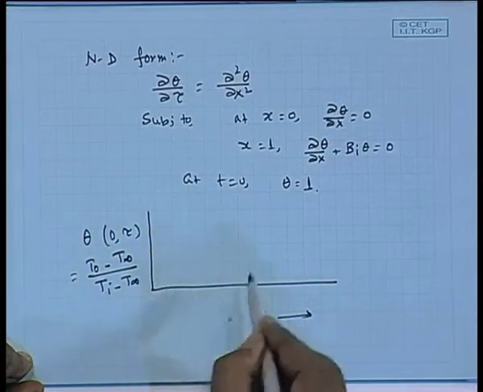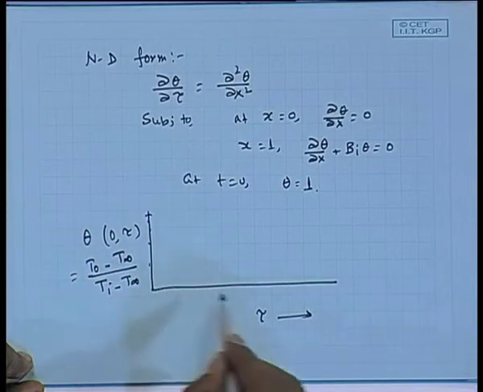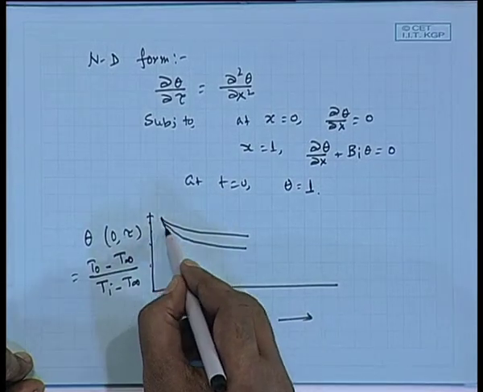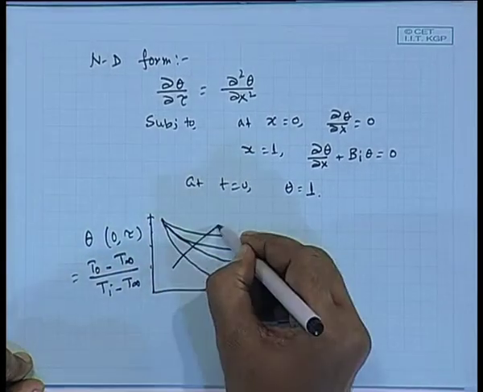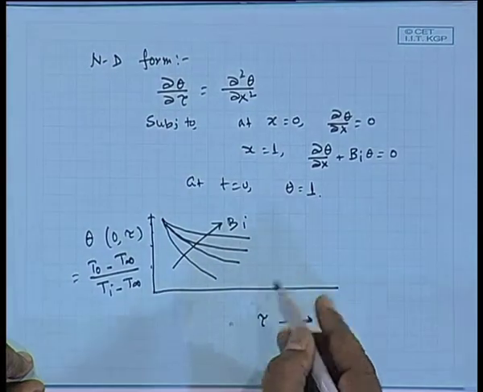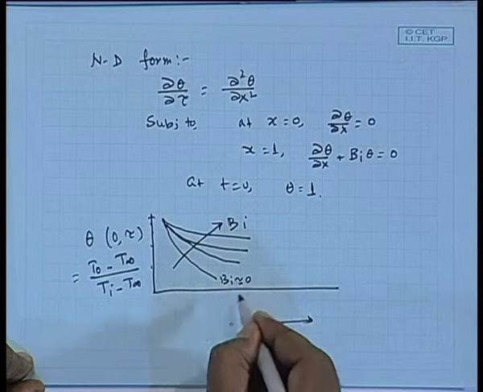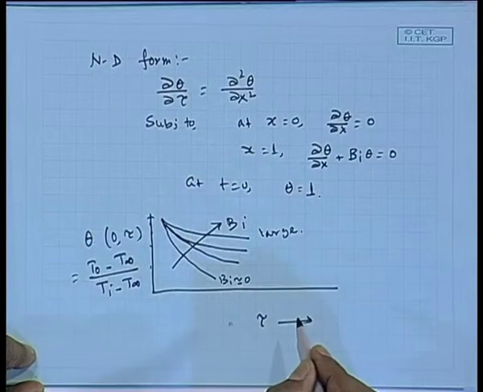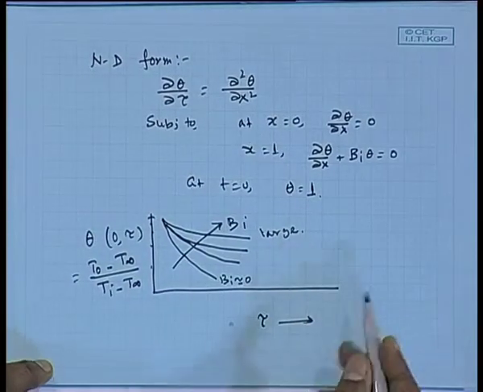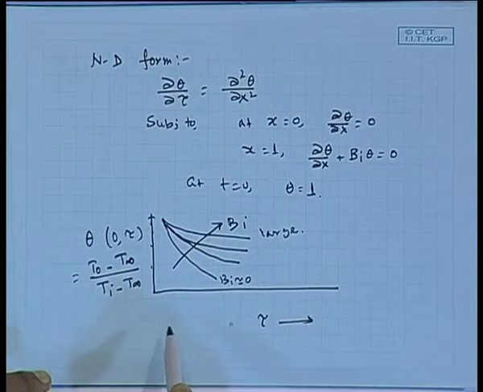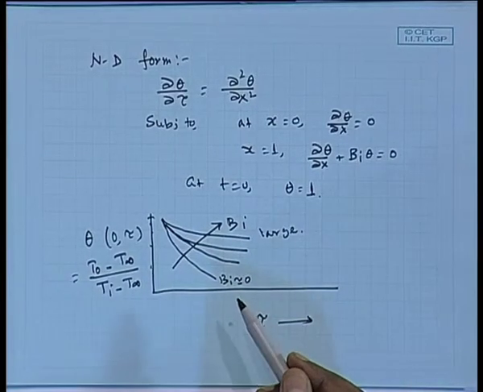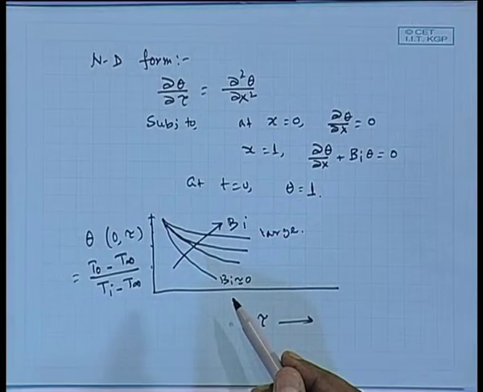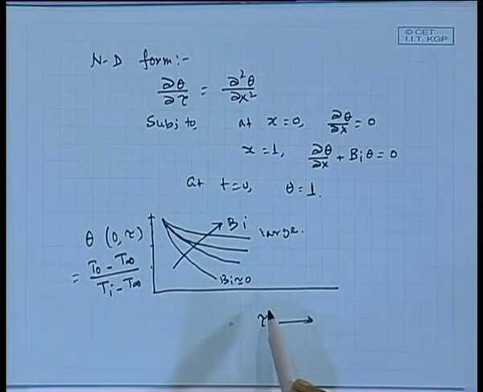This is in the logarithmic scale and this will be in the normal scale, and the responses look something like this over various values of Biot number. Biot number is close to 0, that is very small, and Biot number is very large here. Okay. So, it is basically a log plot, and if you would like to find out the temperature at any particular x and time location, you first have to find out the central line temperature at that particular time.